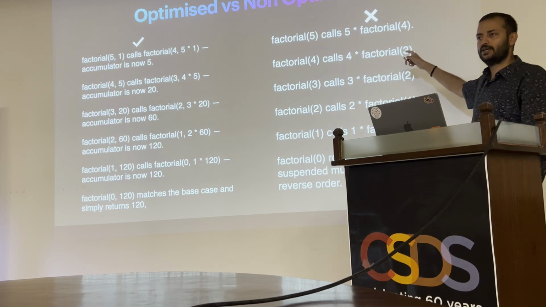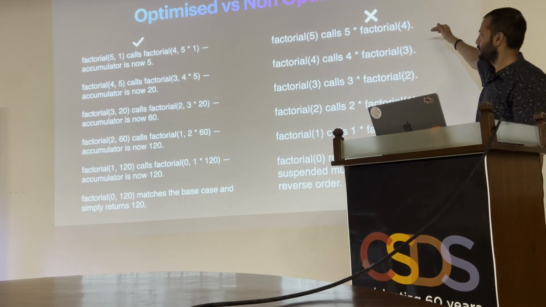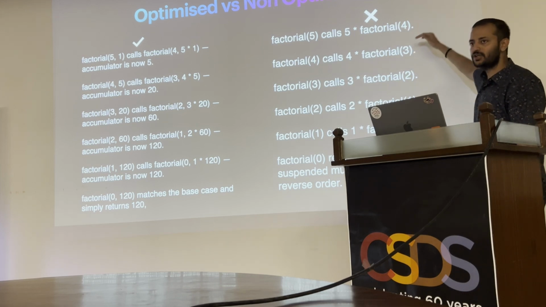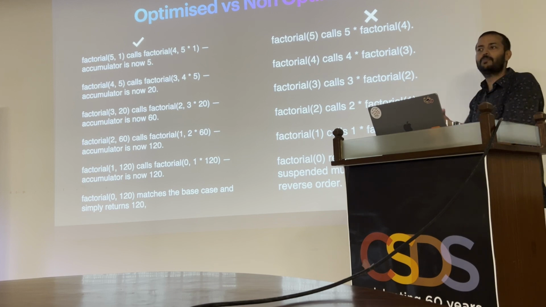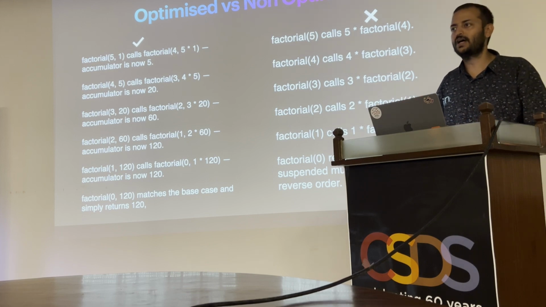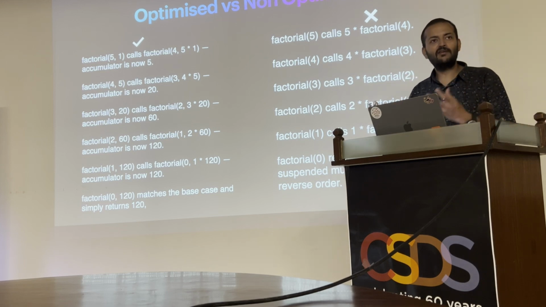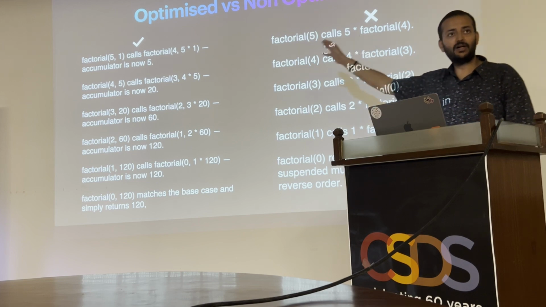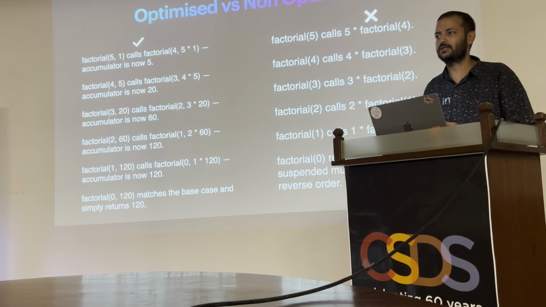Whereas in a non-optimized call, which was the first one we saw, it would call factorial 5, which in return would call 5 into factorial 4, and so on and so forth. And essentially each result would be stored in memory all the way till the end, and then all the results stored in the memory would be presented to you as an aggregated result. Now, it's obvious that if that n was a very massive number, this wouldn't work. But that would never have a stack overflow issue because of tail call optimization that I've built in.